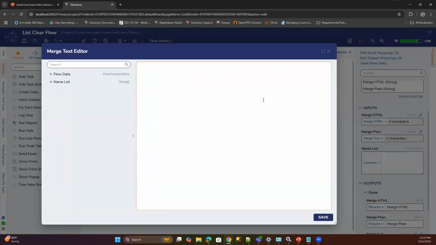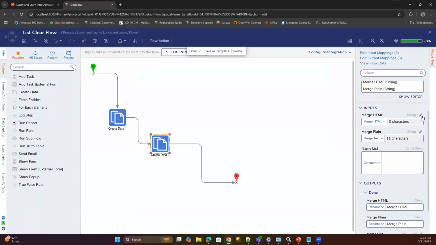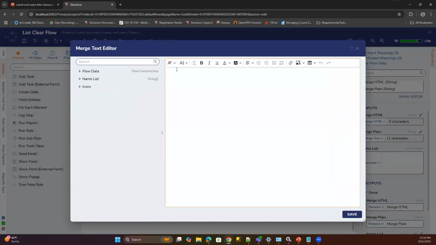It's going to be completely plain text, not formatted or anything like that. So I don't really have that variability to choose what that information is going to be coming through as or how that information is going to look. I can grab information from my flow, and all of that is the same between those two, right? But I can say first name and then grab a name, and that's all I can do with merge plain text. Whereas with merge HTML, you've got a lot more configuration options. Some of the stuff that Marvin and Jared were talking about, you can use what you know about HTML to manipulate the data and how the data comes through.